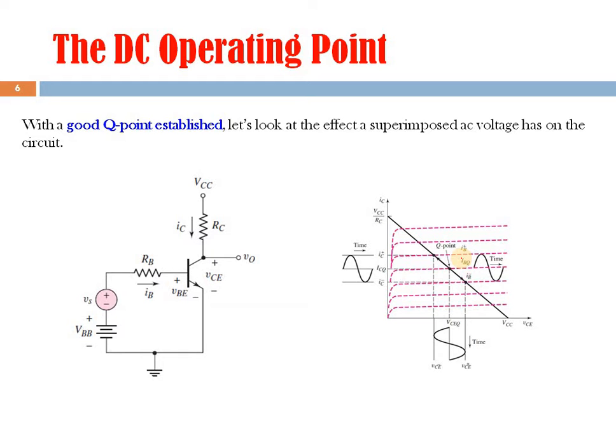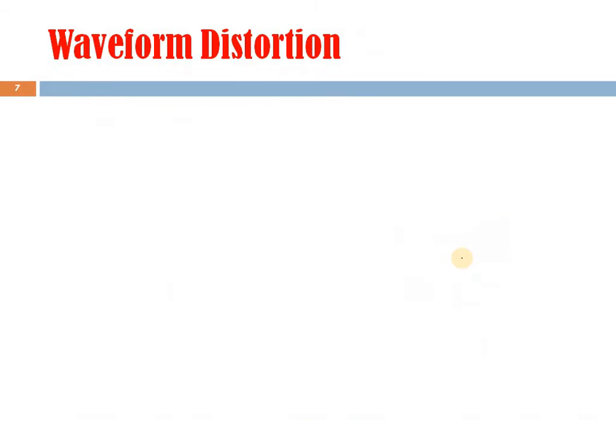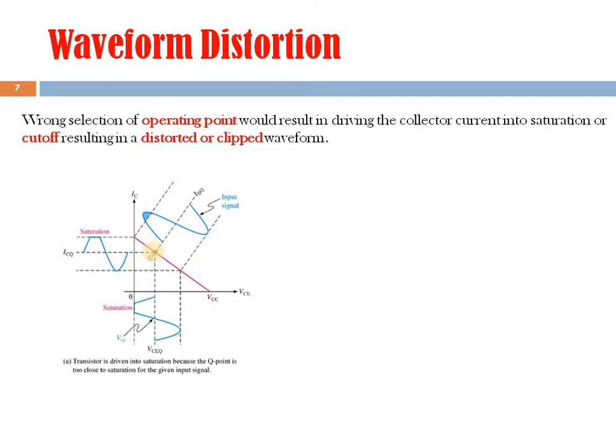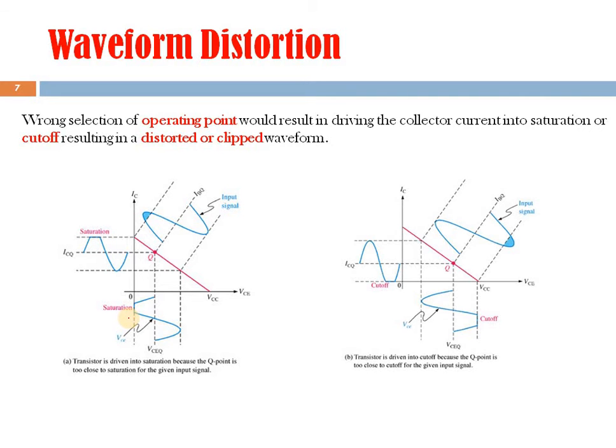But I told you the wrong choice of operating point can cause disasters. For example, you can see here in the coming slide, the operating point is very close to the saturation region. So during the positive half cycle of the input signal, you see the collector current is clipped, and that's why the output voltage also is clipped like this. So this kind of distortion occurs. Similarly, if your operating point is closer to the cutoff side, the same problem occurs. Here this distortion is occurring on the negative half cycle, right? You see here, because the device is entering into the cutoff region.